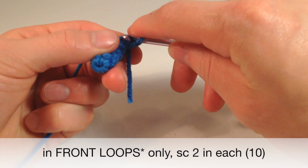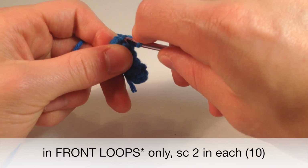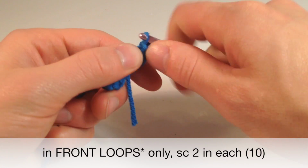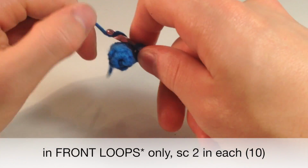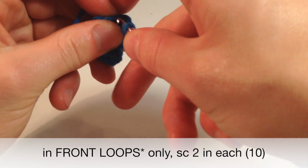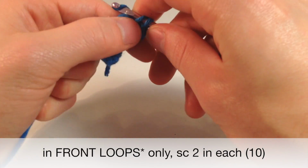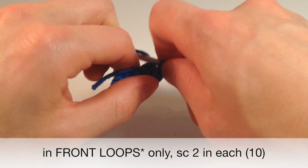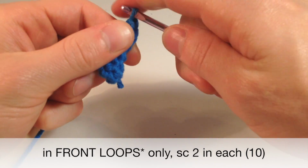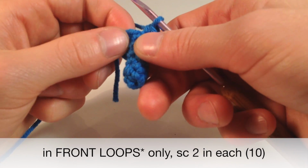So we're going to single crochet 2 in each one of these stitches. So our finishing stitch count is 10 when we get all the way around. So that's 1, 2, there we go, 3, 4, and 5, 6, 7, sometimes it's hard to get in these ones, 8,